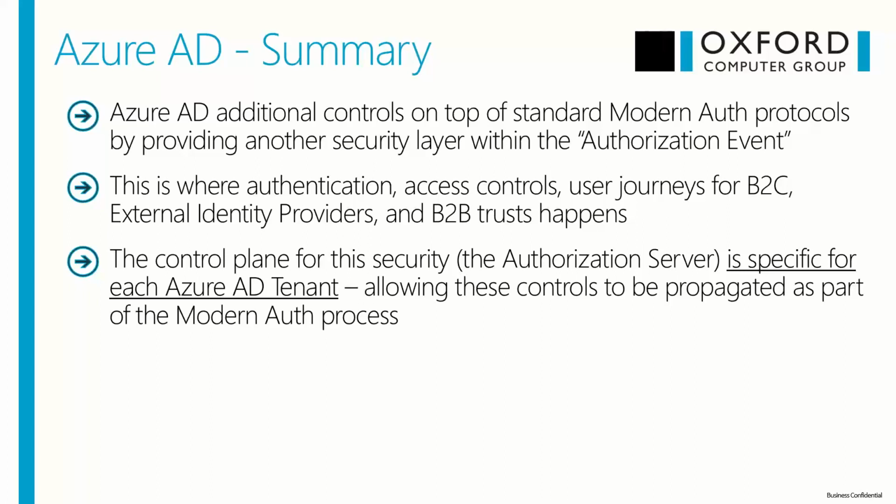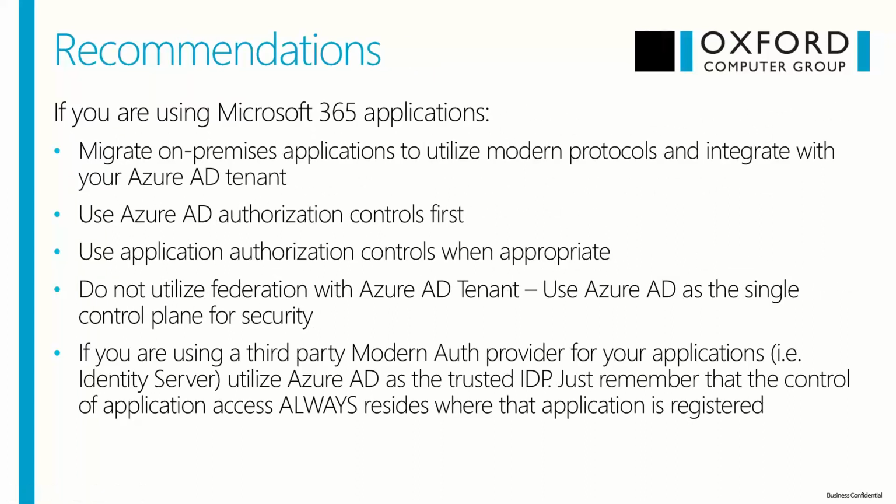And the control plane for the security is specific for each AD tenant, allowing these controls to be propagated. I'm going to talk a little bit more about that in a second. The recommendation, though, is if you are using any type of Microsoft 365 applications, then you can migrate your on-premises applications, utilize modern protocols, and use your Azure AD tenant. And if you do that, you should try to use your Azure AD authorization controls first, because it's tough to manage